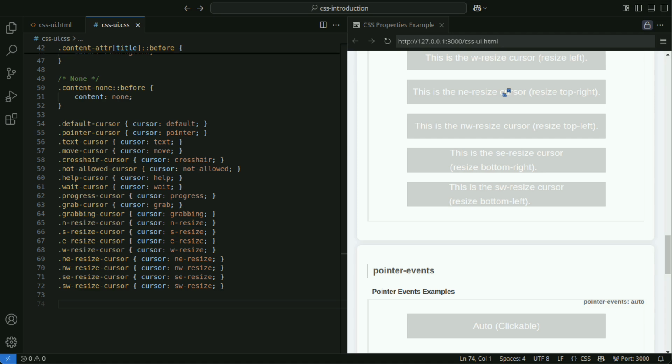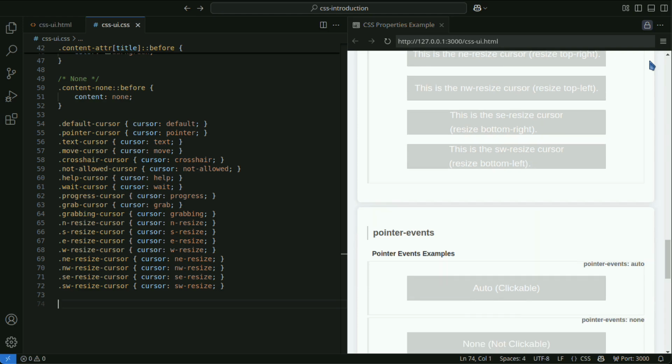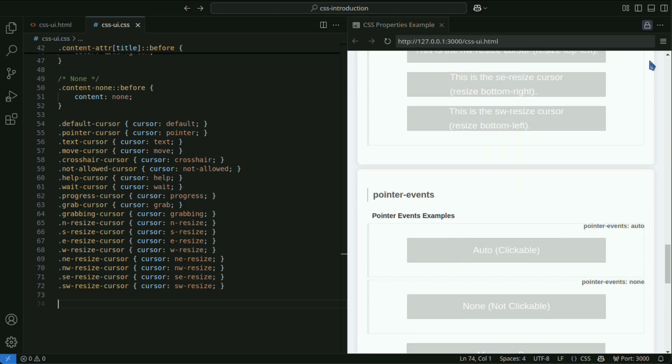NE-resize, a resize cursor pointing to the upper right. NW-resize, a resize cursor pointing to the upper left. SE-resize, a resize cursor pointing to the lower right.